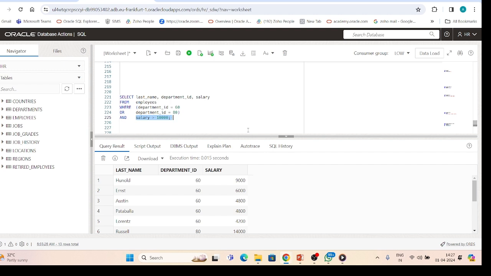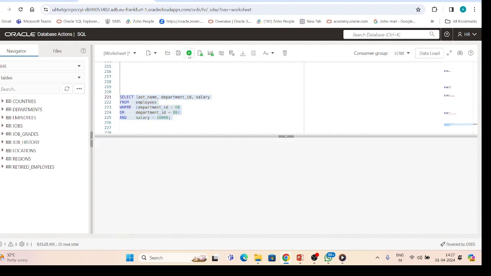This query will be read as: select the row if an employee's department ID is 80 or 60, and if the employee earns more than 10,000. So let us execute this and see how we are going to get the result.